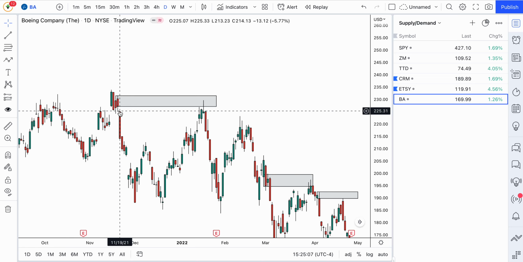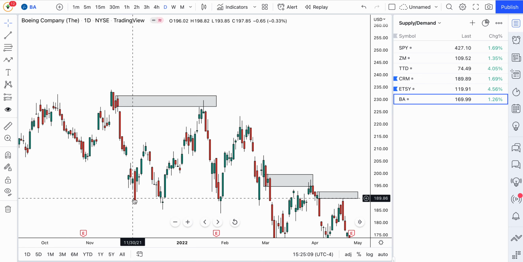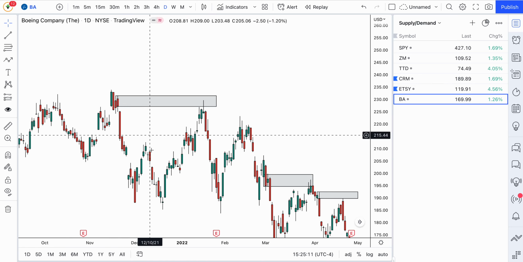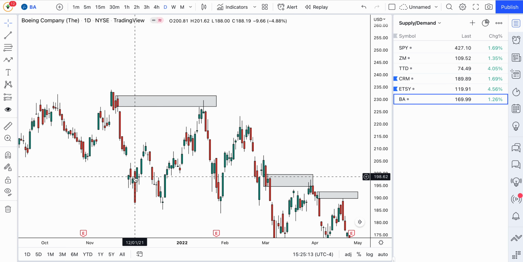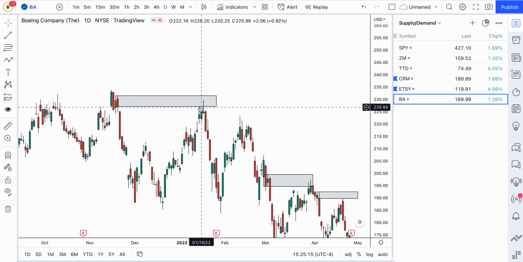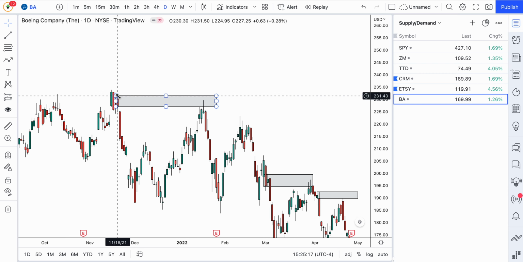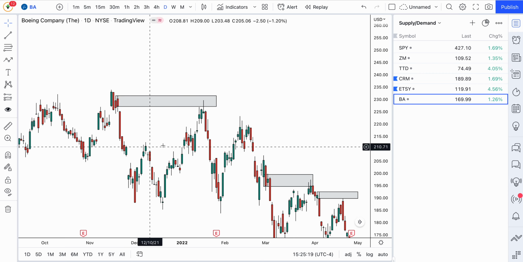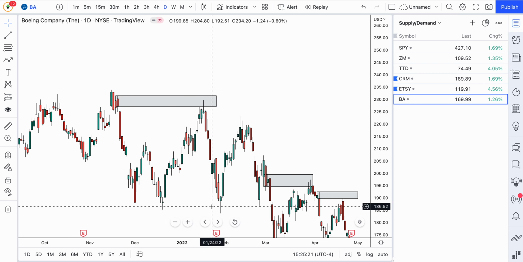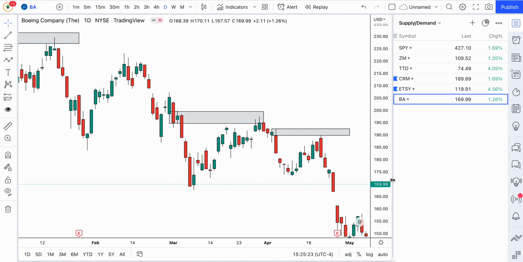So you can see we gap down, we have a strong move down all the way down to 190, right? From 230 to 190 in a matter of maybe 2 weeks. Price comes back up, tests that daily demand zone, right? This is the candle right before the huge drop. Comes back down, tests it, ends up going way lower. Right here,